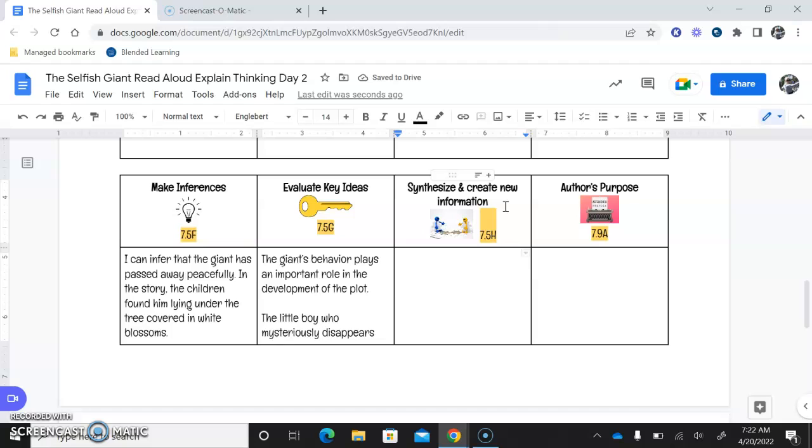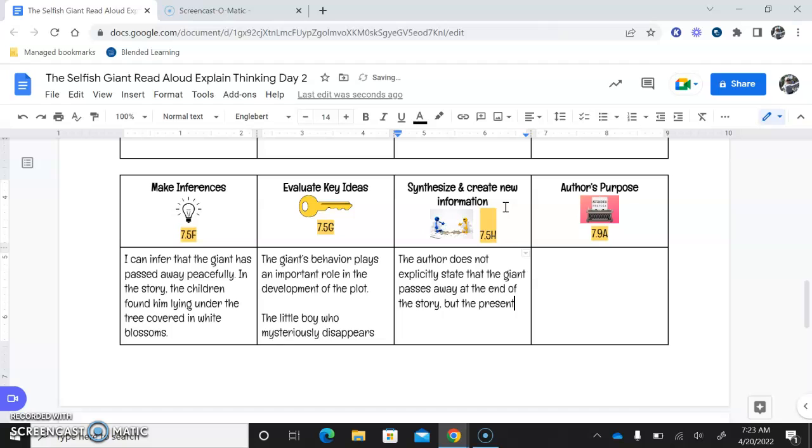So now we move on to the next part of our graphic organizer, synthesize and create new information. What this means is we take what we read and we can think about things in a different way. Synthesize means to pull together in a different way. So this is what I got out of that. The author does not explicitly state that the giant passes away at the end of the story,